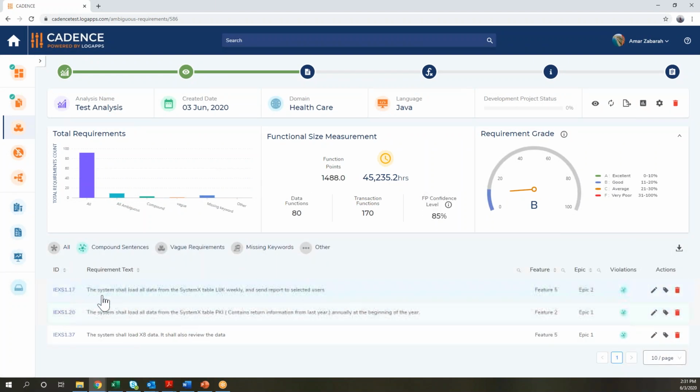As we filter, here we can see the system shall load all data from system X table XYZ and send a report. So we can see that's a compound right there. There's another functionality: the system shall load all data. And even though this is between parentheses, it still captures that there is another function that needs